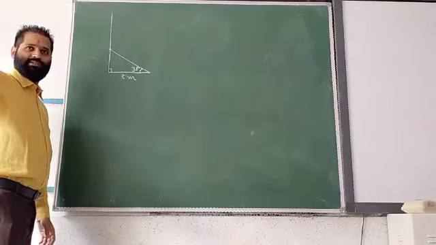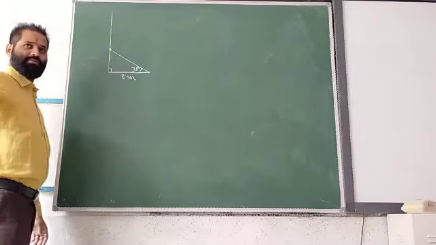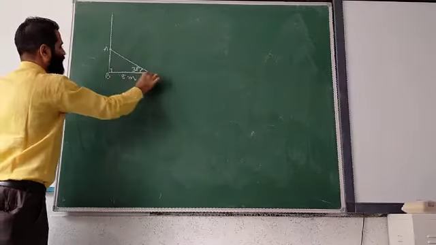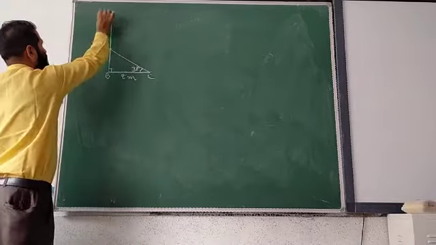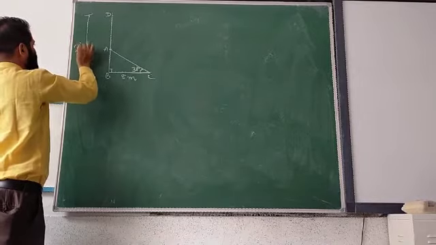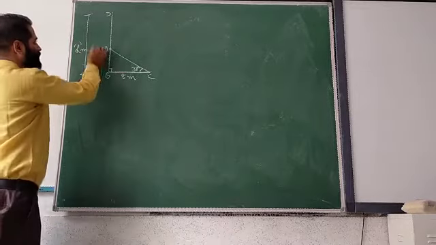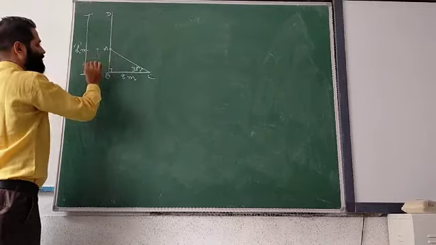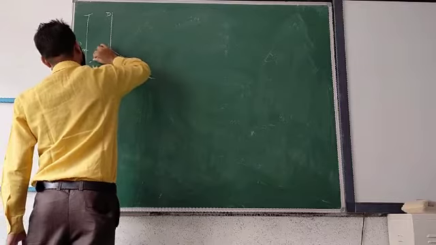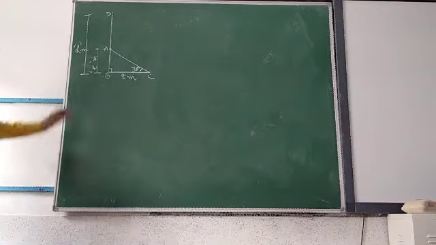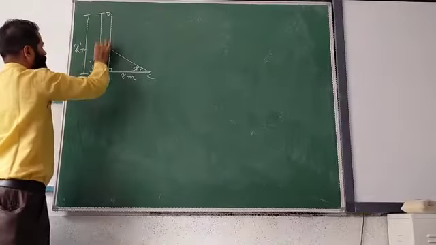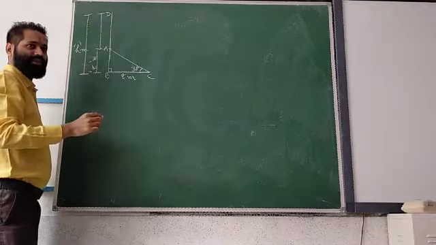Yes. Question was given in your book. I know what the question is, so I wrote it directly. Okay, directly I have made the diagram. Let it be A, B, C, and let it be D. Let us suppose that this is the height. So it will be in meter. Let us suppose that this is X. Whatever I am doing in this diagram, do it. This is X meter. If this is X meter, this will be how much? H minus X. Clear?